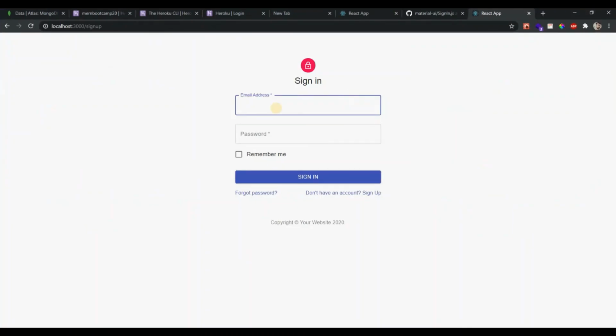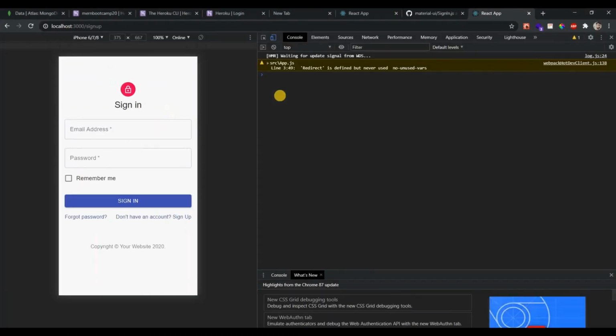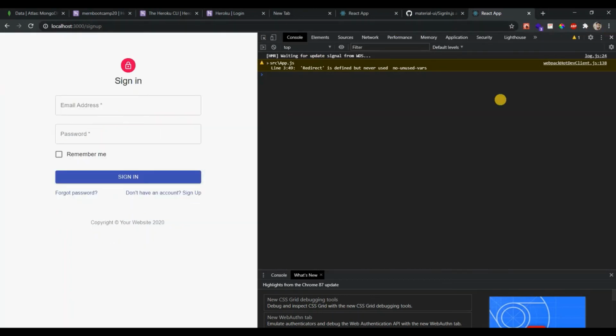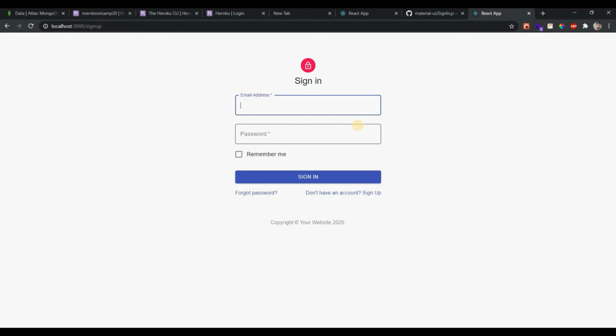So see, it is completely responsive in your mobile, and then if you change this, it's responsive, and it's responsive now as well. So on that note, guys, this will be pretty much it for today, and